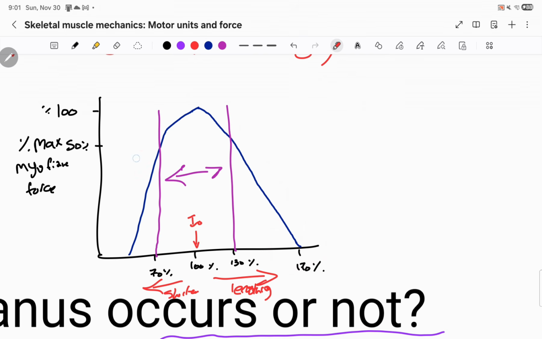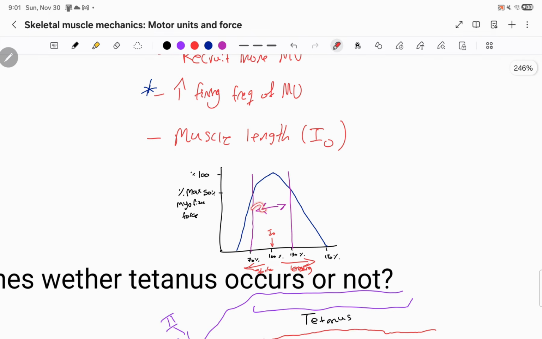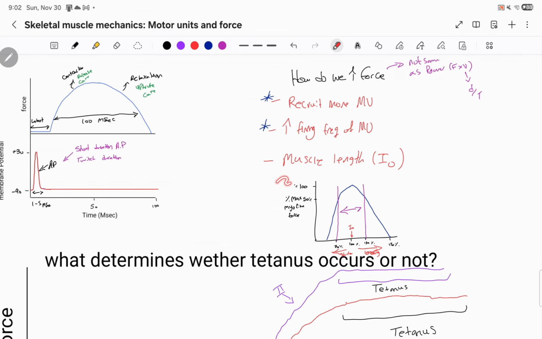On the other end of the spectrum, so let's just say around here, something different is occurring, okay? In this case, I am actually shortening the muscle. And so what's going to end up happening is, again, here's my thick filament, okay? Here is my Z line, okay? And now the thin filaments are going to end up overlapping with one another. Again, this doesn't occur in physiological situations normally. And when they overlap, of course, there's less cross bridges available to be made, okay? And the other thing is that the thick filaments are kind of being forced against this Z line, okay? So there's less myosin heads being able to actually interact with those thin filaments as well. So there's a couple of multifactorial things going on there, but that's the optimal muscle length concept